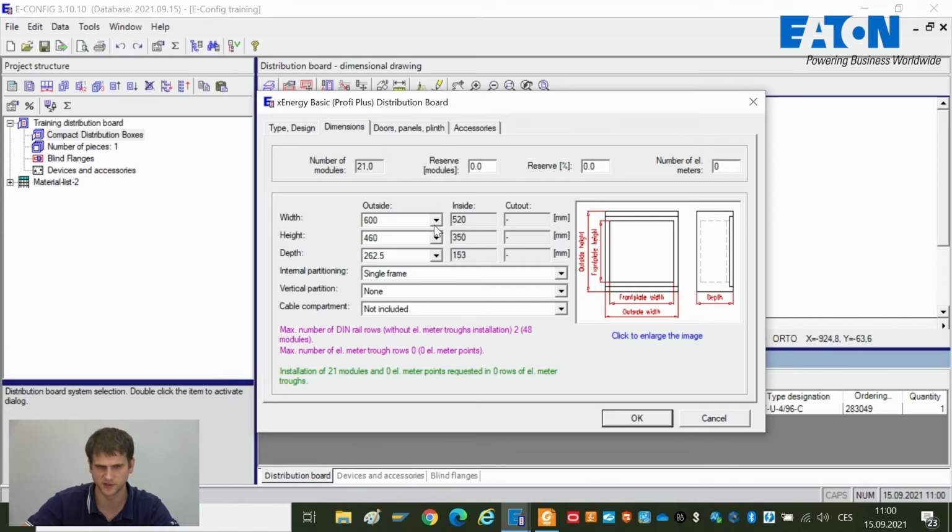Here is the difference, that we don't choose the number of mounting units, we choose the width, height and depth of the enclosure. So I can choose, for example, 800 wide, 1000 height, and there is only one depth. We have also other functionalities here, depending on the selected distribution board system. So we can choose internal partitioning, vertical partition, cable compartment. If we had, for example, a width of 1200, you can see that we